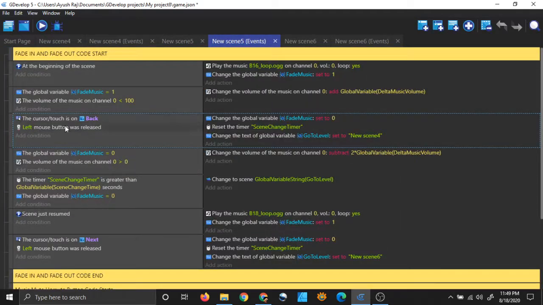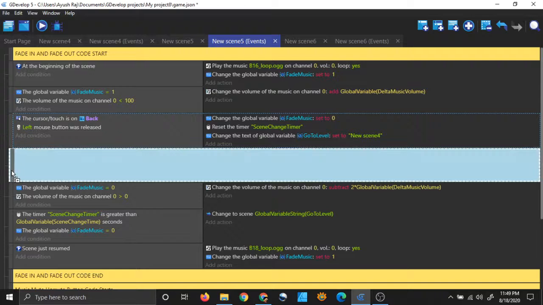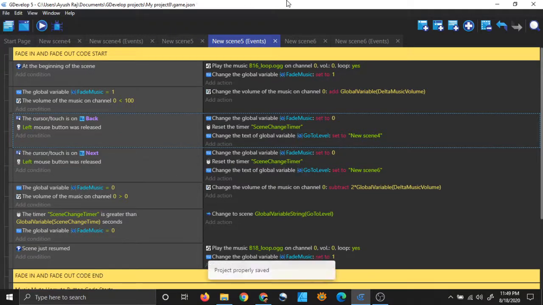When I press the back button, I will change to new scene 4, and when I press the next button, I will change to new scene 6. Do you see that? And the rest of the code is the same here and here. I can simply bring it here to make it look symmetrical.